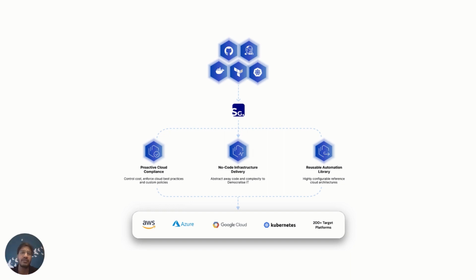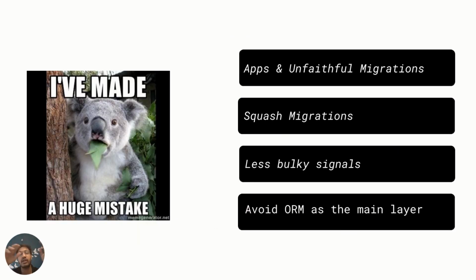While building StackGuardian, we did a lot of research initially to get started, and the code base evolved over time. After understanding what is working well and what is not, to continue to scale, we started thinking about how to design a microservice architecture, and here are some workarounds that we did during the process. We made a lot of mistakes actually, and then we figured out which things don't work with Django and which things work with Django. These are some of the things that I'll be discussing right now.